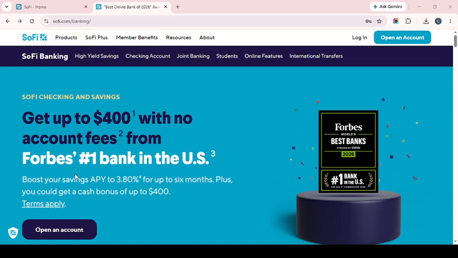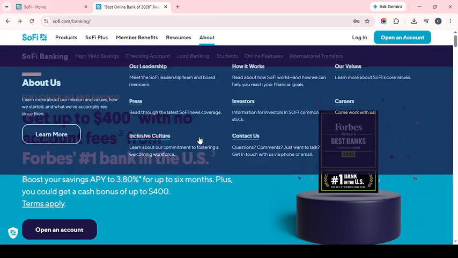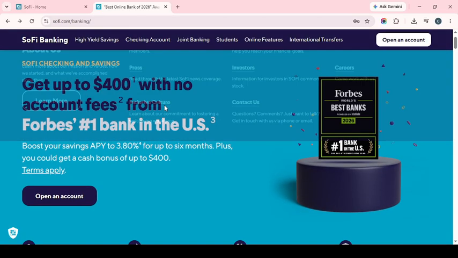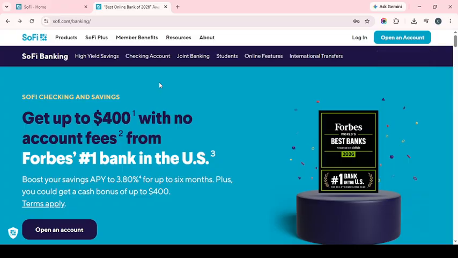In today's video, I'm going to teach you how to send a wire transfer through your SoFi dashboard. To get started, open your browser and go to sofi.com, then sign in to your authenticated dashboard using your own